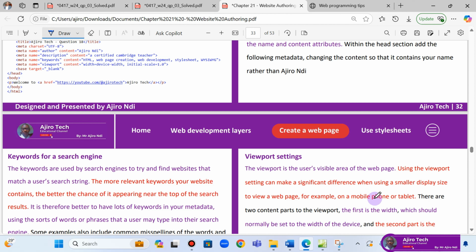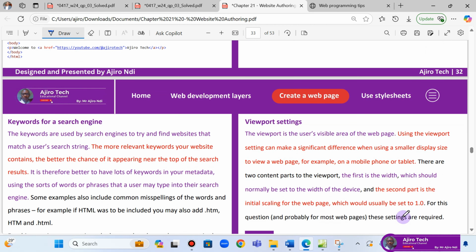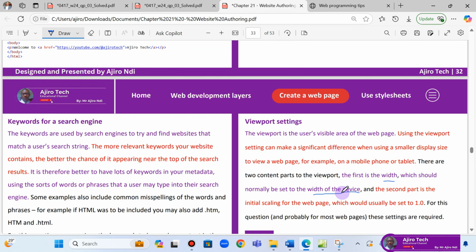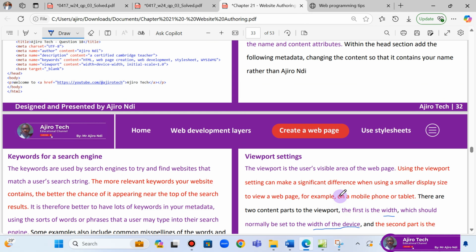There are two content parts of the viewport. The first one is the width, which is the width of the device. When we have the viewport, the name is viewport, and the content becomes width equals device-width,